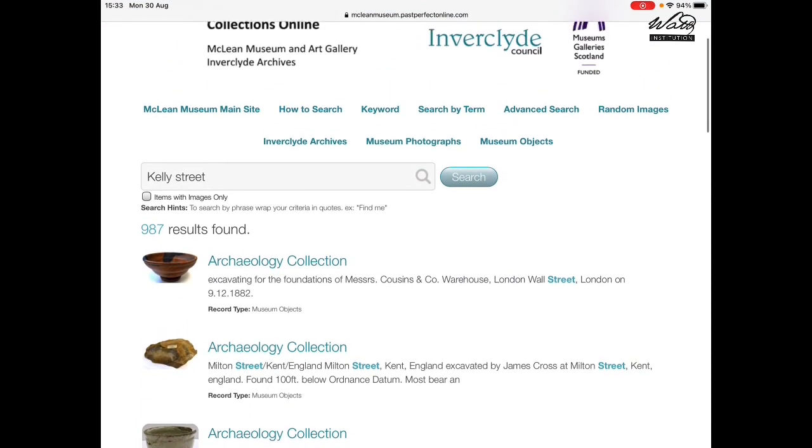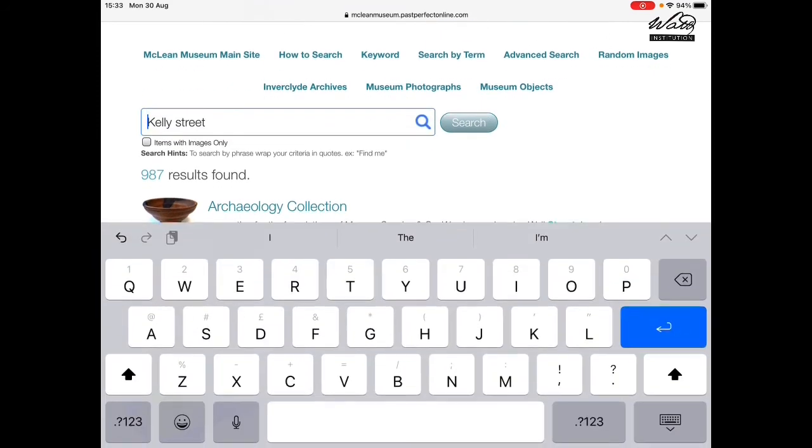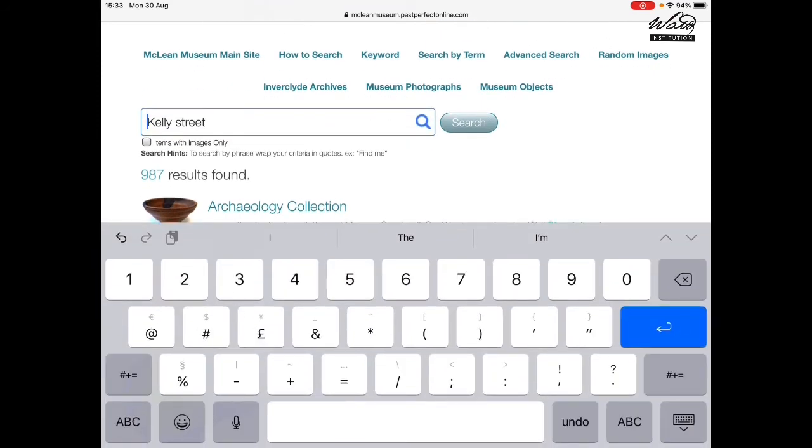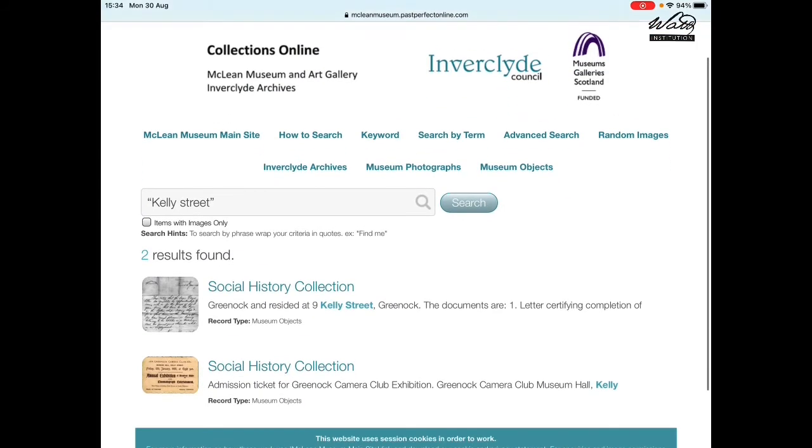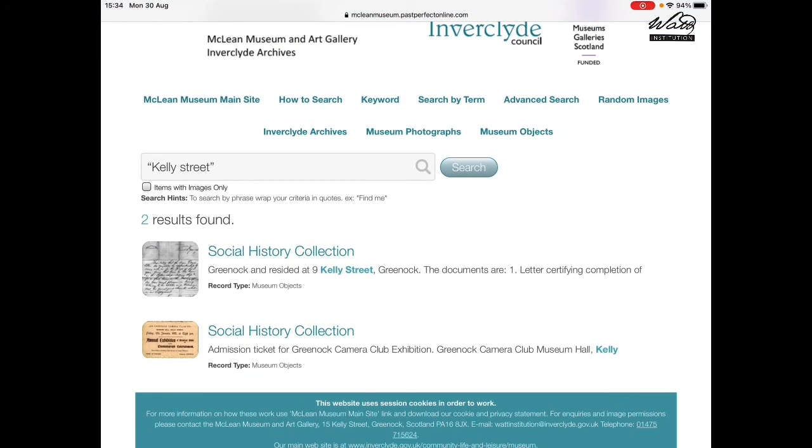So just one quick tip on searching, you can narrow that down just by using quotations. So if we put quotation marks around that, it's only going to search for Kelly Street exactly. So now if we search for that should hopefully narrow it down a bit for us. You see it's only returned 2 there, and we can click, maybe we'll take the second one here in the